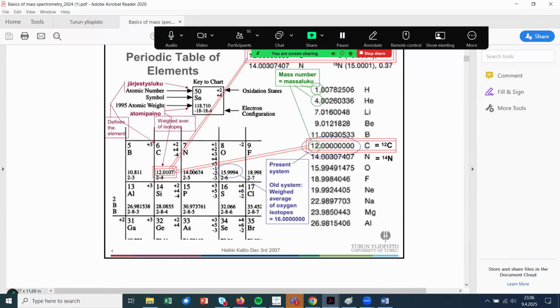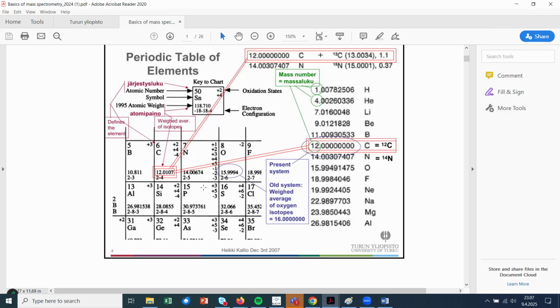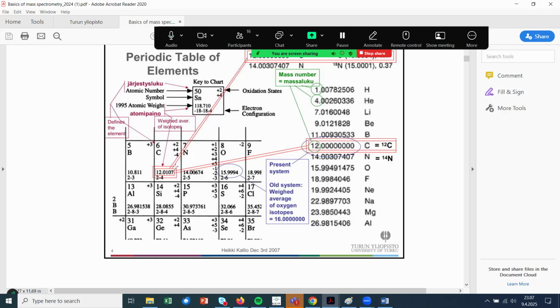For example, carbon: the atomic number shown here for carbon is 12.0107. And actually, why I'm showing this periodic table of elements is that you cannot use those numbers at